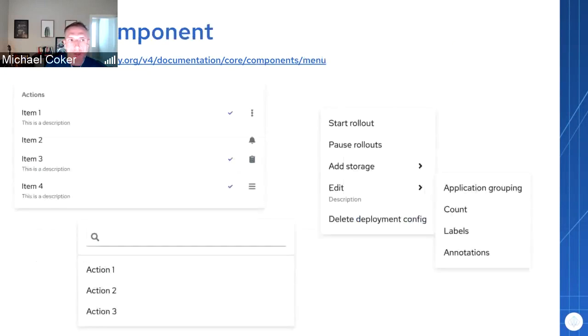And then up next, we've got a menu component. We also call this a context menu, but it's the menu that exists inside of dropdowns and selects and app launcher and that sort of thing. So we're coming up with a very flexible component that supports all of the features of those types of menus found in the other components,